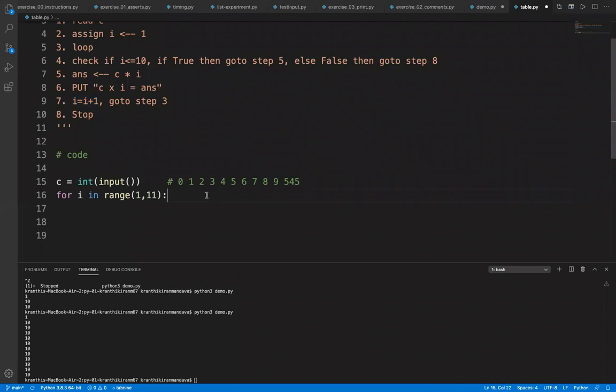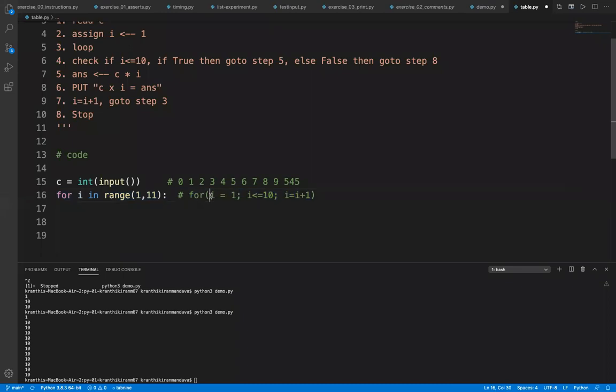As I have shown you how you can do it in C++, this is equivalent to C and C++ like this: I is equal to 1, I is less than or equal to 10, I is equal to I plus 1. This is equivalent to this actually. So simply they have made it like this. In C++ or C, we write it like this, but they have just converted this to a very simple format. This also has the same meaning, right?